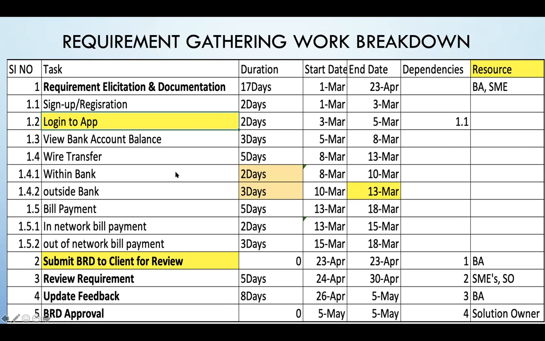So we have requirement elicitation and documentation, right? So we have the duration over here, 17 days. I want you to pay attention on this screen because it's going to be very important, right? For you to understand how you elicit requirements with stakeholders. So we have 17 days is what I have down here as the number of days it is going to take me to gather all this requirement,